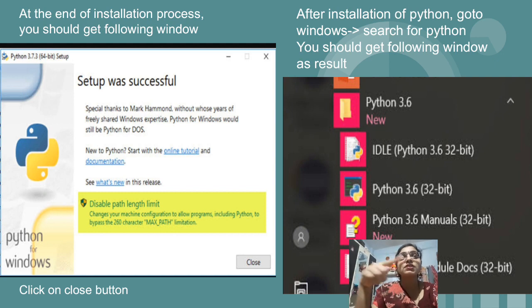I have shown a screenshot that I downloaded from the internet, because I do not have a PC at my place. The thing I want to show is that once you install the software, the folder of that software will be created in the Windows start menu, and once you click on the folder, there will be multiple options.